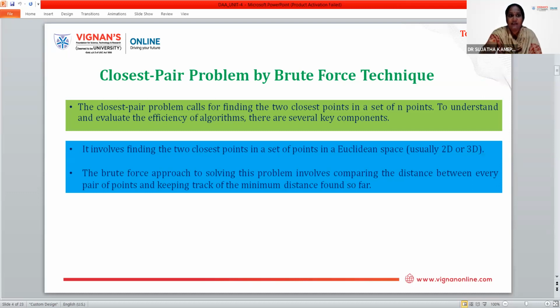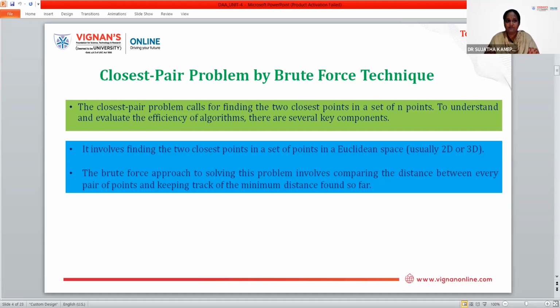For example, an air traffic controller might be interested in the two closest planes as the most probable collision candidates. A regional post service manager might need a solution to the closest pair problem to find candidate post office locations